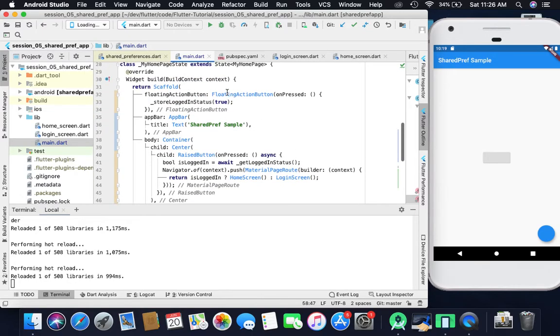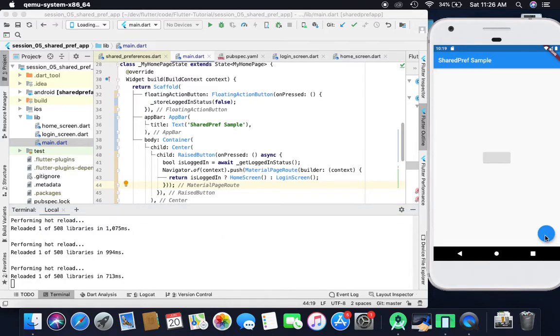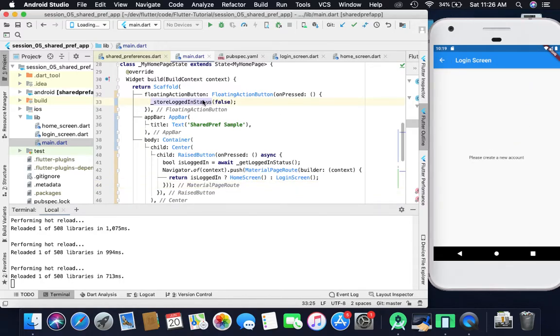If I mark this as false and run it again, and I click this fab button, and now again I click on this raised button, you can see that it will navigate me to the login screen because I marked the logged in status as false.